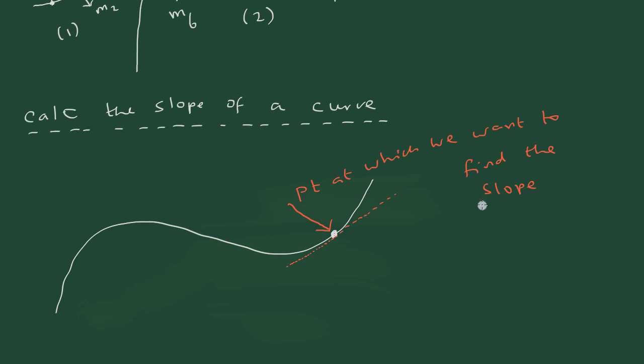Now once you identify the point, you have to draw a straight line. Only thing is that you cannot draw any straight line. You can draw only one straight line in such a way that the straight line will touch the point. That is the first condition. The second condition is that this particular straight line should not intersect. There is an important point here. This line, this tangent line,